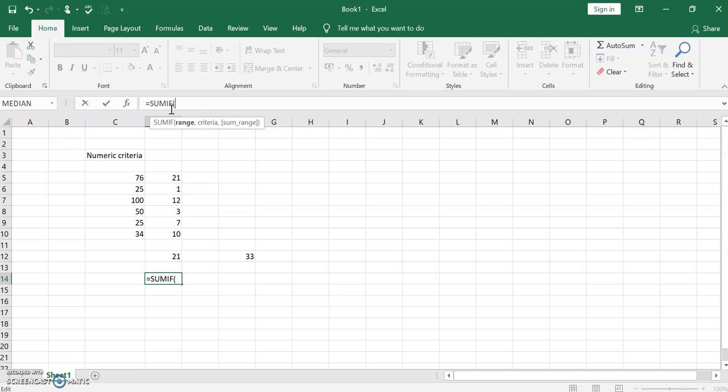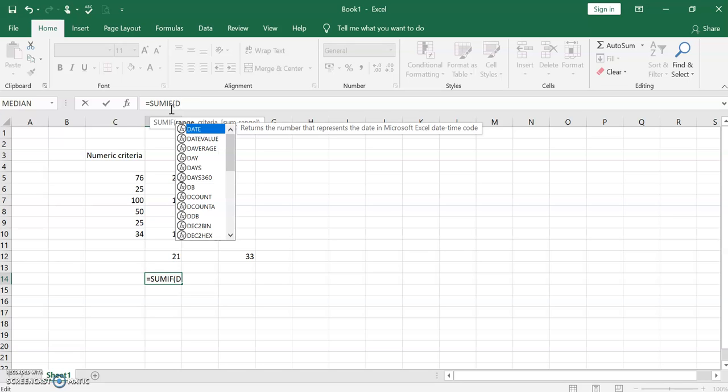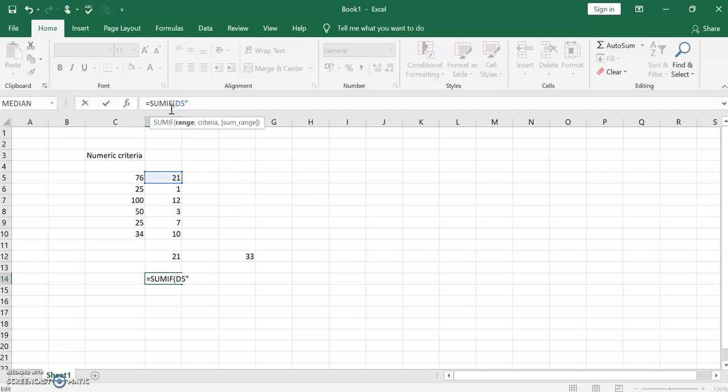So the first range that I'm going to have is D5 and D10. So this is one range I have given, and I'm giving the criteria. There are corresponding cells which contain the value of 25. I'm just giving 25. I'm taking one argument, 25, wherever there is a 25. Then we have to give the criteria to a sum range. So here the sum range is